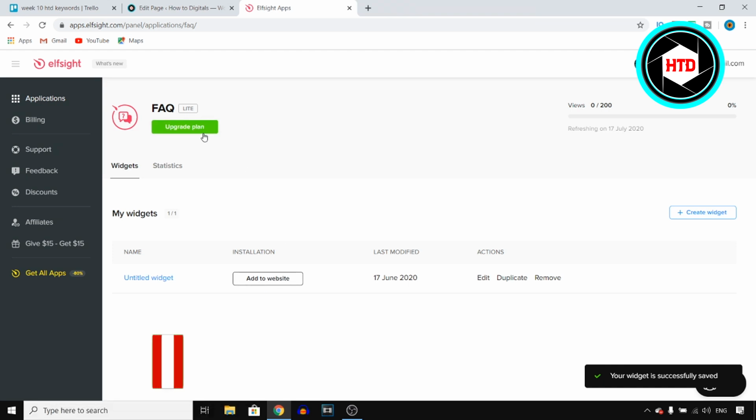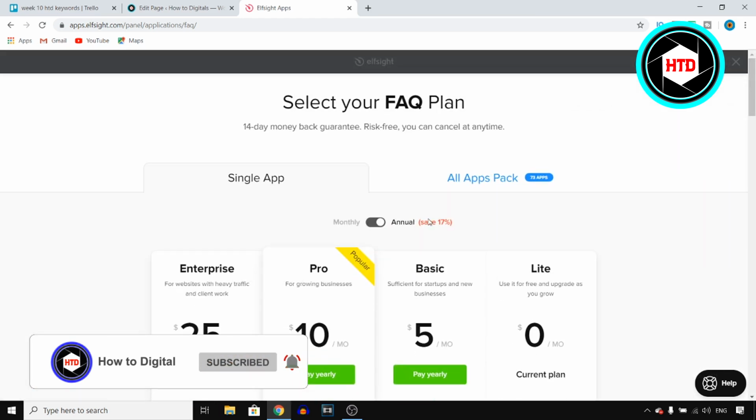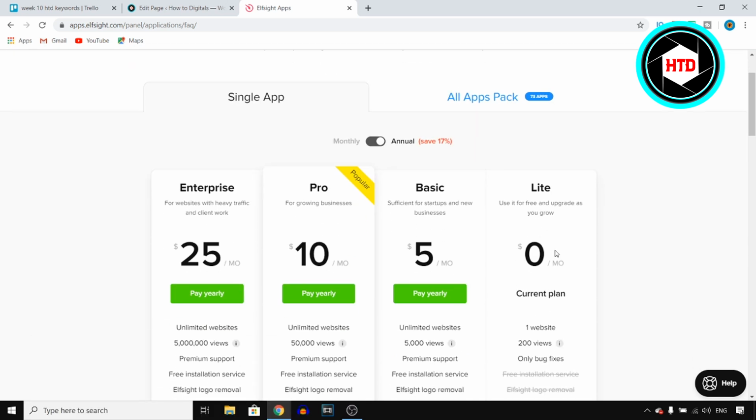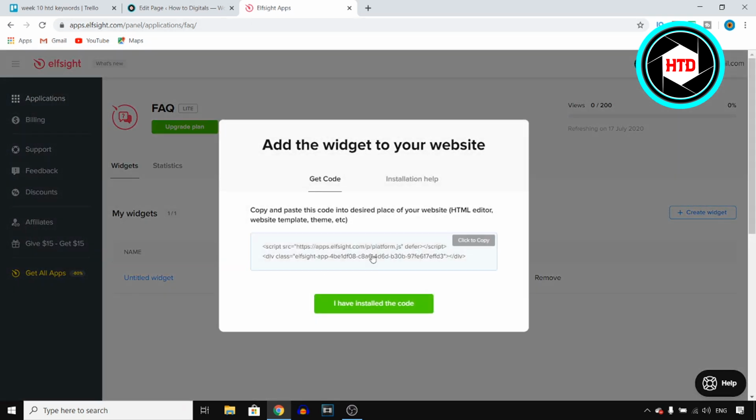But before that, if you're new, you probably have to upgrade or choose a plan. So choose any of these plans. If you're going with the paid ones, they have a 14-day money back guarantee, so you're not at risk. But if you click on add to website, all you need to do is copy the code right there, then